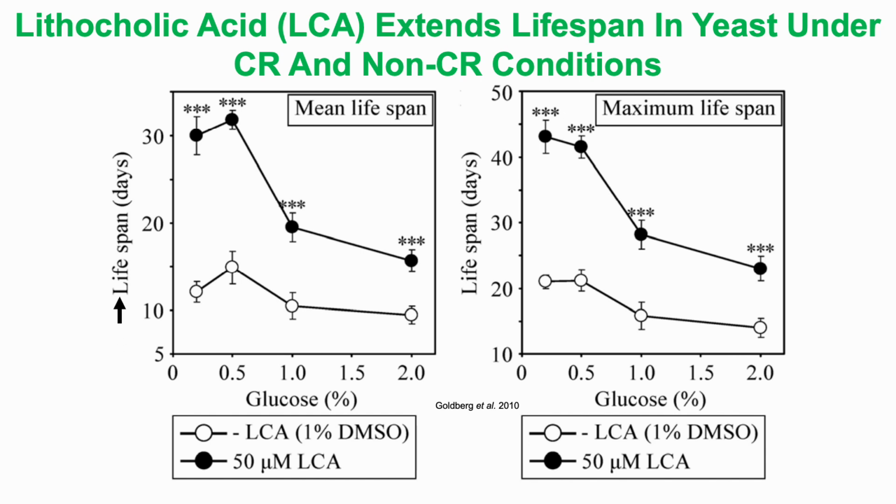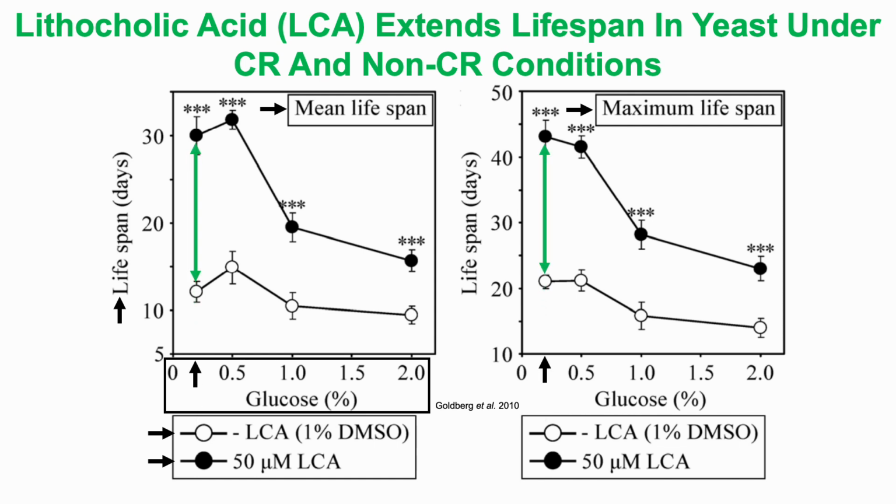So we've got lifespan on the y-axis, including both average lifespan on the left and maximum lifespan on the right. And then we've got the glucose concentration that the yeast cells were exposed to, ranging from 0.2% glucose all the way up to 2% glucose, so 10 times higher than the data that I just showed on the previous slide. And then we've got the data for yeast that were not supplemented with lithocholic acid in the open white circles,